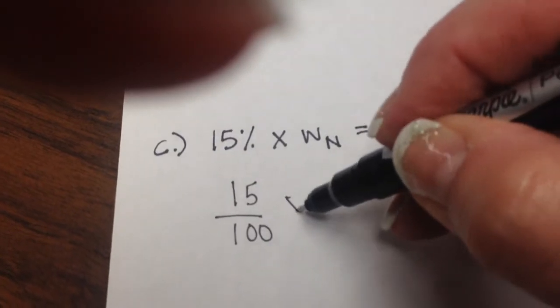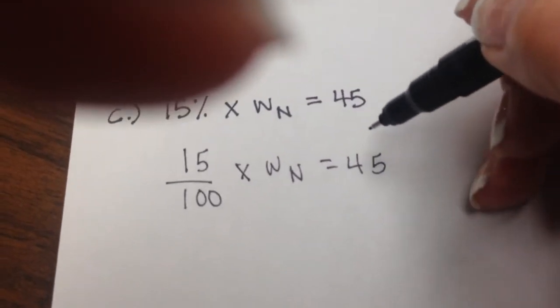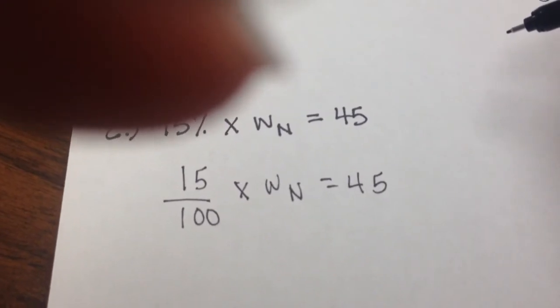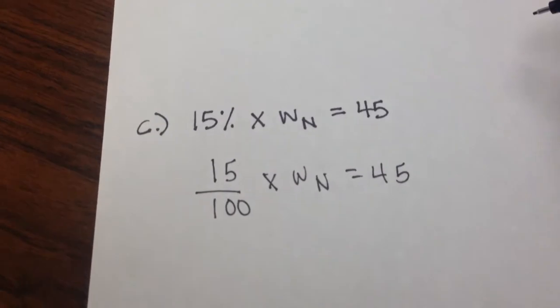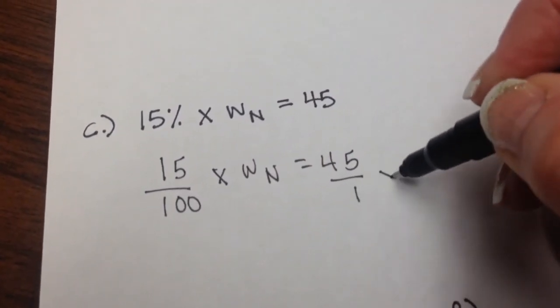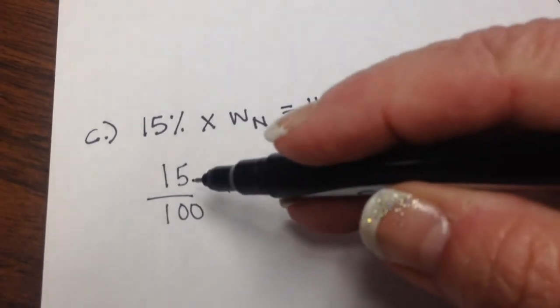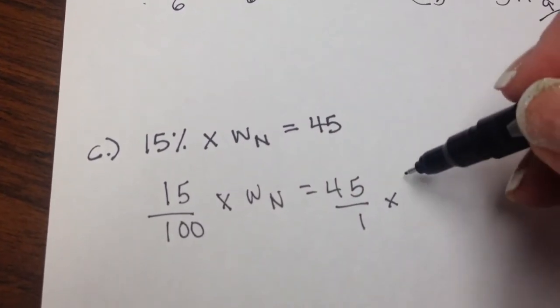Okay, so times what number is 45? So it's multiplication. What do I need to do? The reciprocal. All right, so the reciprocal of this, I'm going to put it over here, because I'm dividing 45 by 15 over 100. In order to divide, you really multiply, right? So I'm going to have 100,